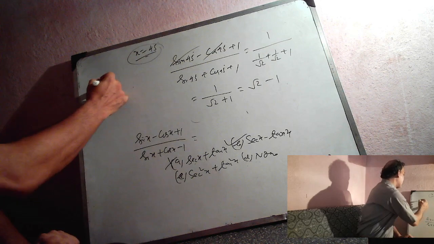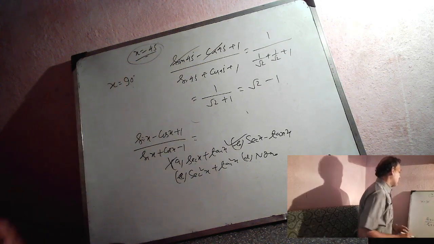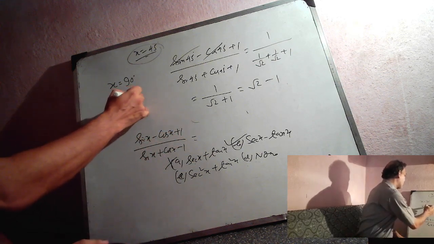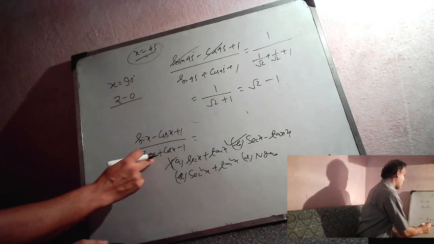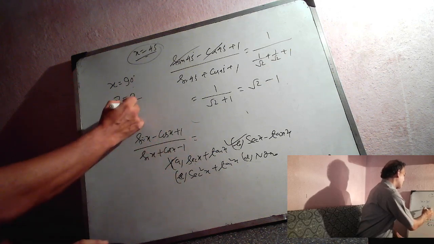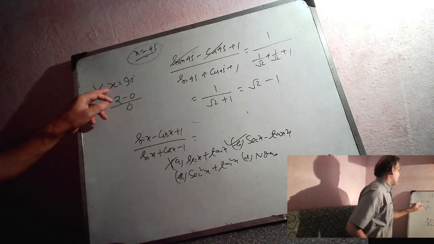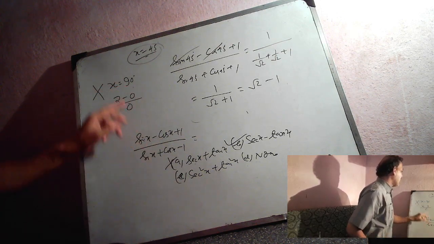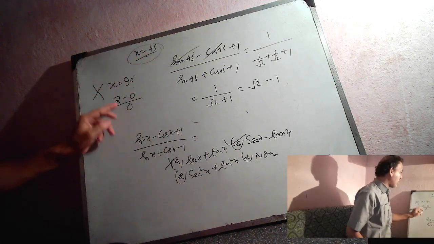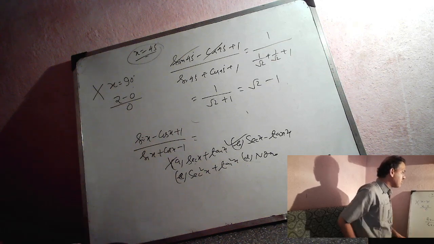What will happen if we put x equal to 90 degrees? Sin 90 is 1, 1 plus 1 is 2, cos 90 is 0. By sin 90, 1 minus 1 is 0, cos 90 is 0. So it is undefined. That is why x is not replaced by 90 degrees. We have selected x equal to 45 degrees to avoid 0 at the denominator. Mind it.